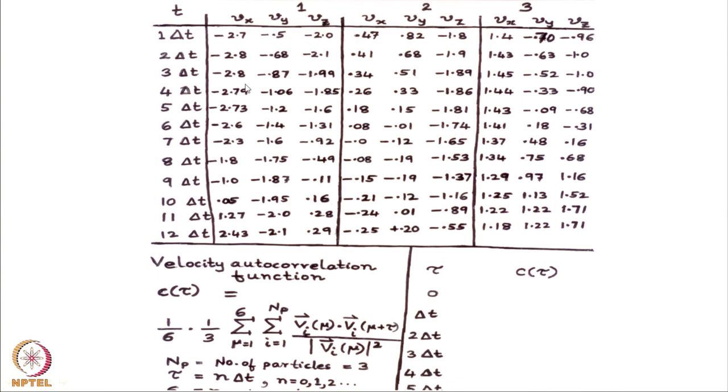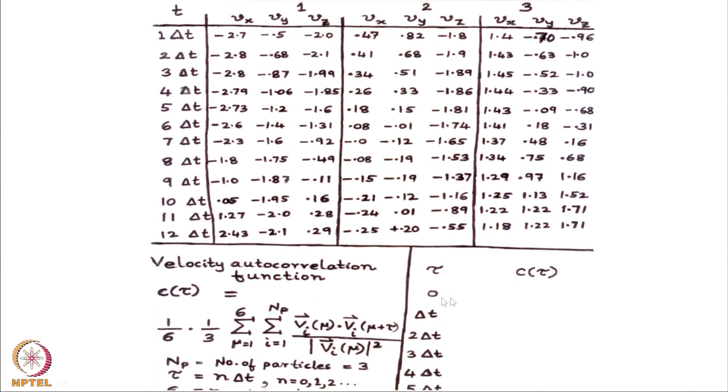If you want at 5 delta t, then first value and sixth value, second value and seventh value. So, take all the pairs of products which are separated by the same difference in time. So, that is what this formula means. Take some tau, where tau is the separation. You take the products all separated by tau and sum over all values of mu as well as all values of the particles. So, I sum over all these particles. That is how I will get the autocorrelation function.